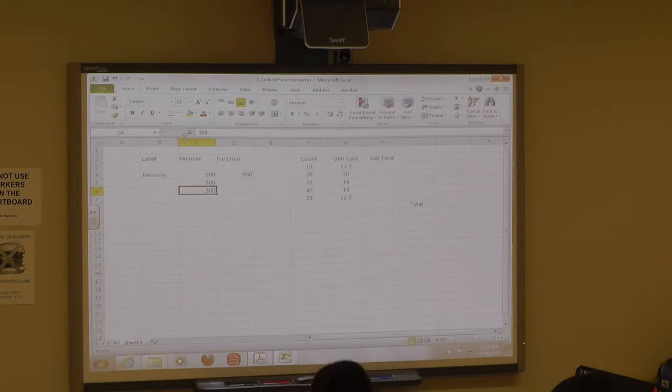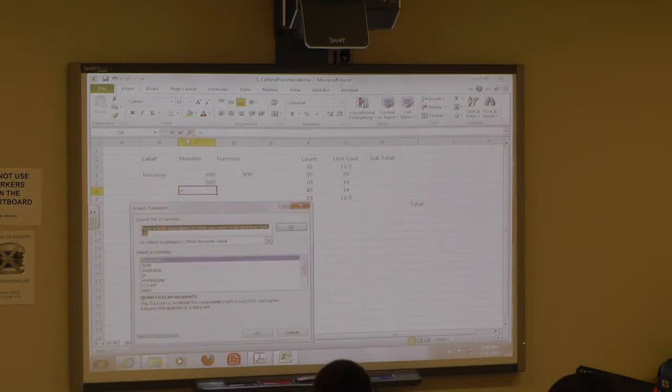Another thing about Excel is that it's not just these simple arithmetic calculations that you can do. You can also do complex calculations with Excel, and it has a built-in library of many, many functions that you can use. For instance, if I click on this f of x, it brings up a box